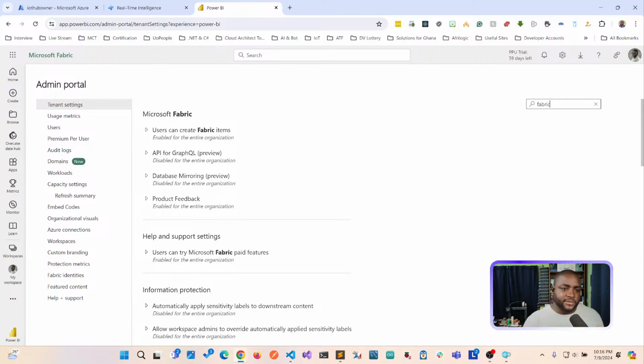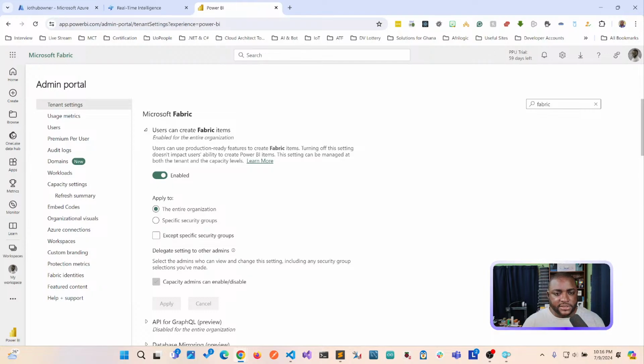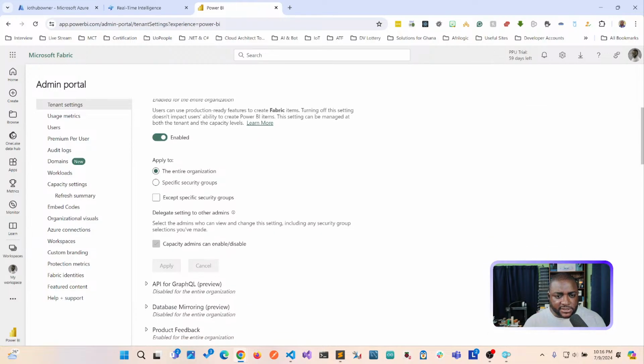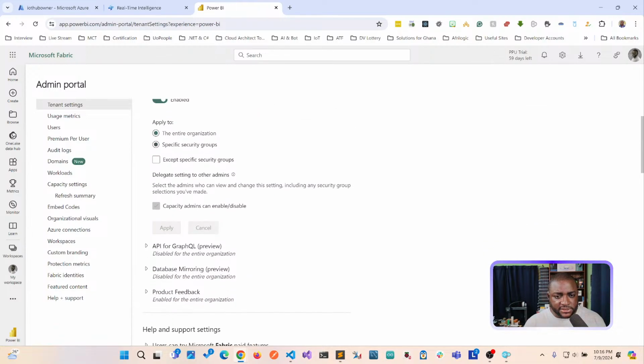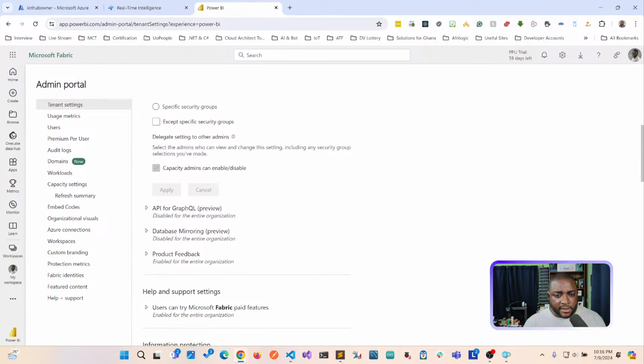Now, this is for extreme cases, right? If your Fabric is not set up, it's just some of these extreme cases of things you need to do. So users can create Fabric items. This is enabled, right? So let's make sure that it's enabled. Yeah, this is enabled, applied to the entire organization. API, graph, preview, database mirroring. Some of these things I don't really